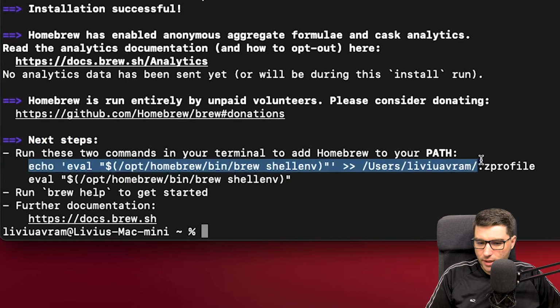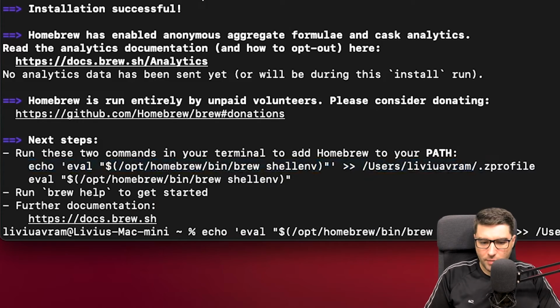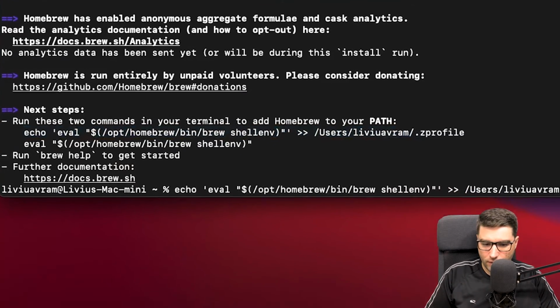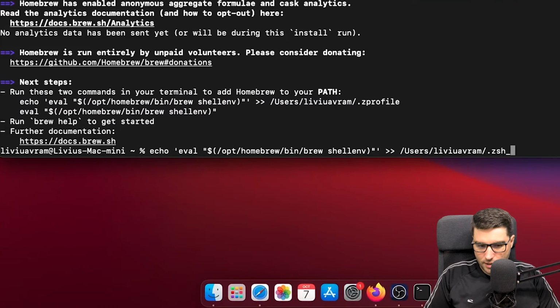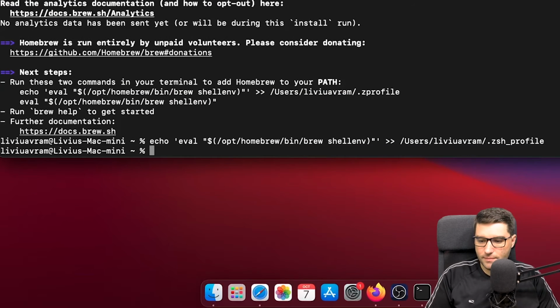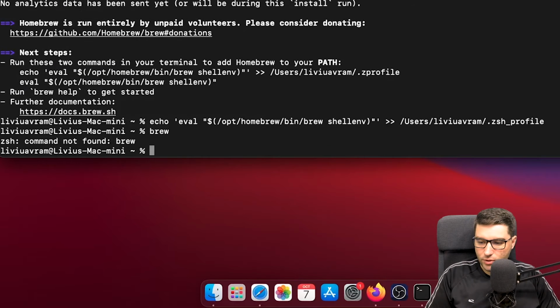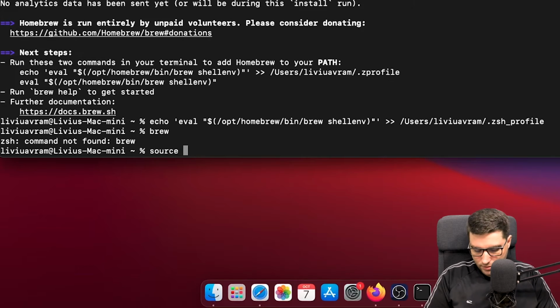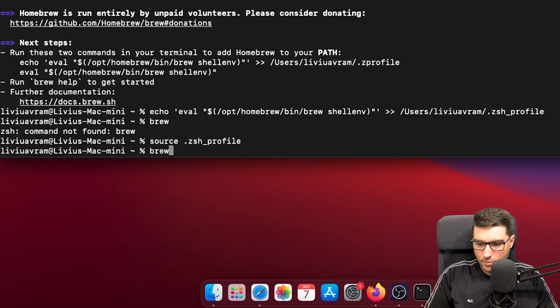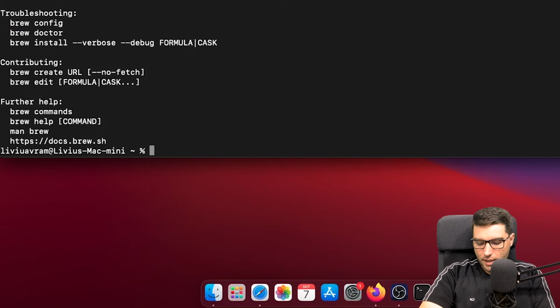So I will directly copy this, I will paste, and my file is not called .zprofile, but it's called ZSH profile. So now if I type brew, I have to source it first. Source ZSH profile. And now if I type in brew, the command is recognized. Great.